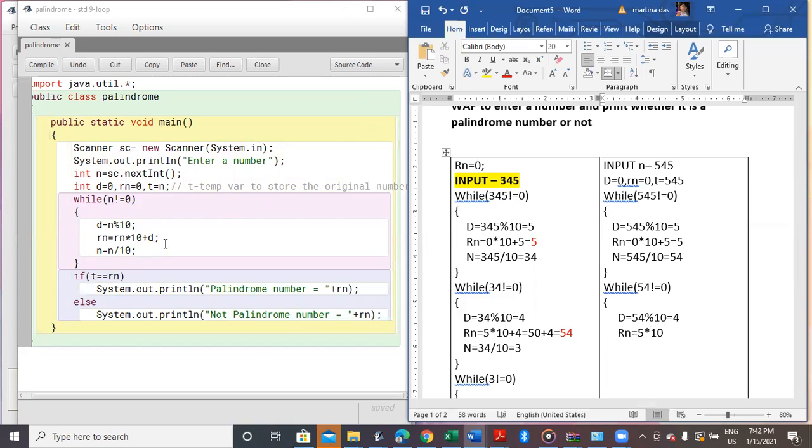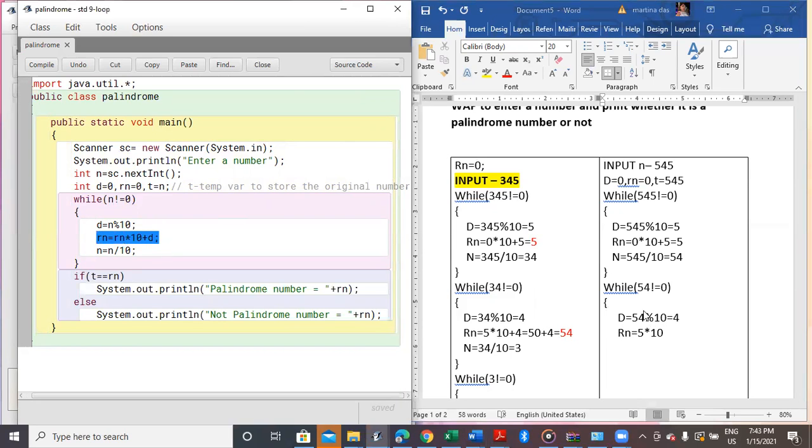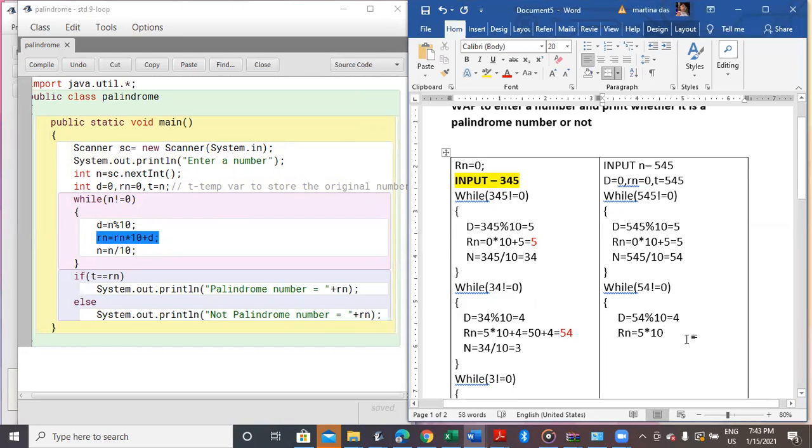You can compare with the left-hand side program and see the dry run I'm doing over here. So 5 into 10 plus 4 gives me 50 plus 4, making it 54. Now n will have 54 divided by 10, so it will have the quotient 5.